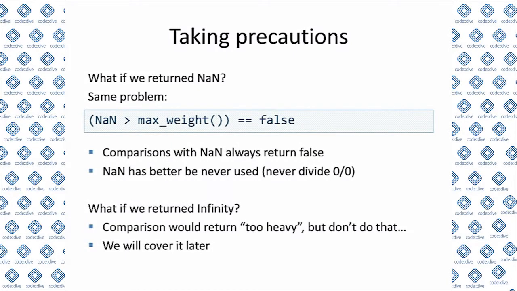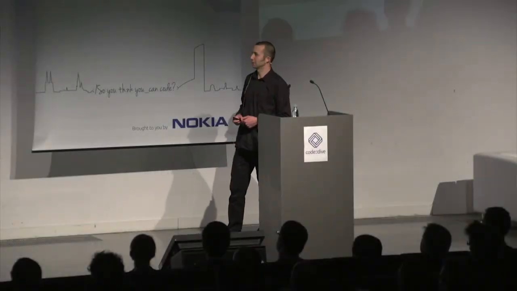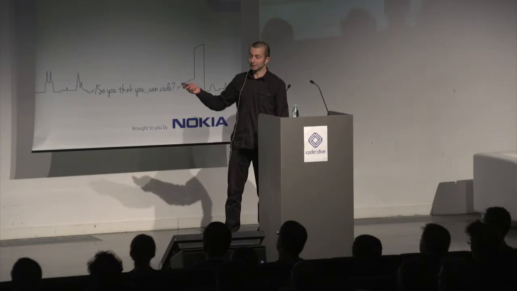And as a side note, someone could say that rather than using this minus magic value, you could use not a number, another special value of type double, for saying that you have no number to return. There is this option, but you don't want to go there. There are many problems related to using NaNs, and one important to our talk is that it wouldn't help solve the problem. If he is returning NaN, and it's compared whether it's greater than maximum weight, it still says it isn't, and it will still allow the overloaded aircraft to fly.